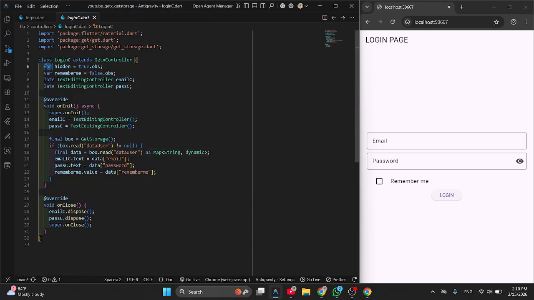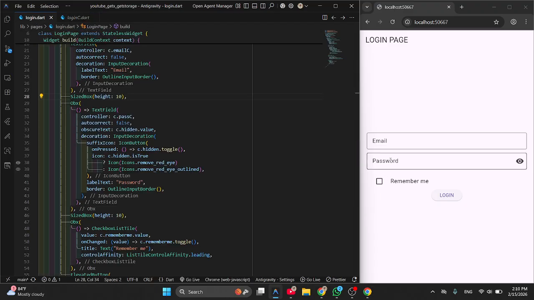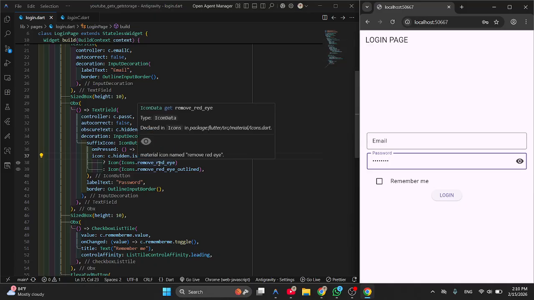we have a hidden function. It hides the text in the password. You can see in this icon I use hidden row. In the default state, if it is hidden, the icon is remove red casual.